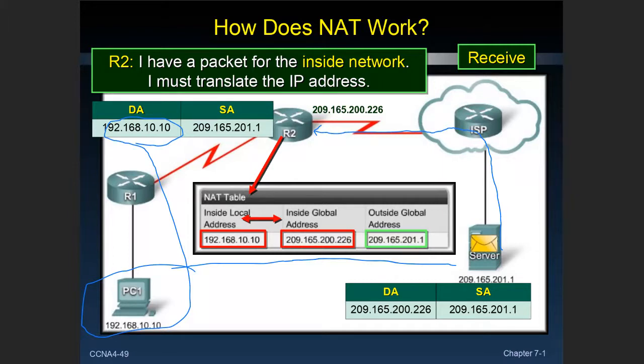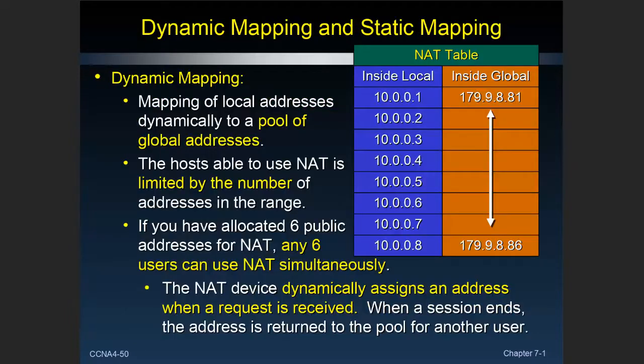Now, this sounds very complicated, and it sounds like it would take a very long time, but it does it in the twinkling of an eye, very, very fast, and it really doesn't slow the communication down any, because remember, routers have to encapsulate and de-encapsulate packets anyway. It's very easy for them to simply do a little black magic on that destination address and source address and make this network address translation function work. Okay, now let's look first of all at dynamic mapping.